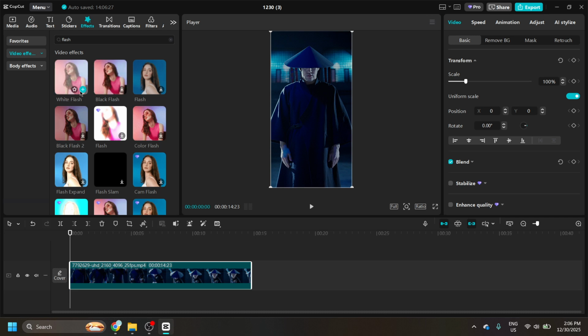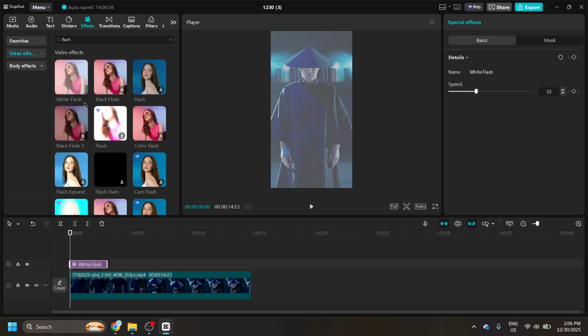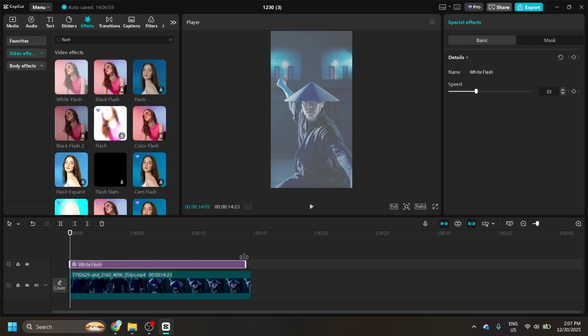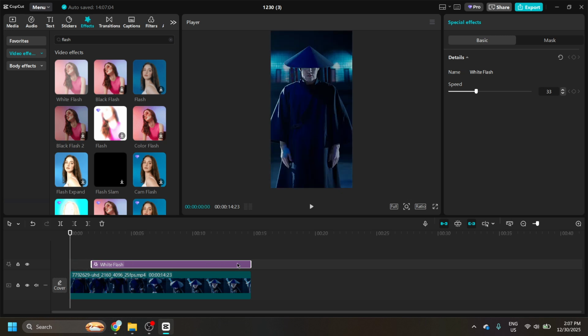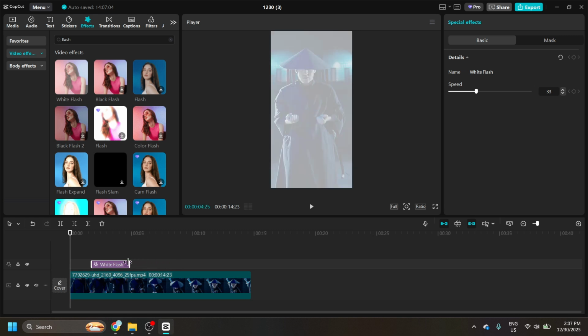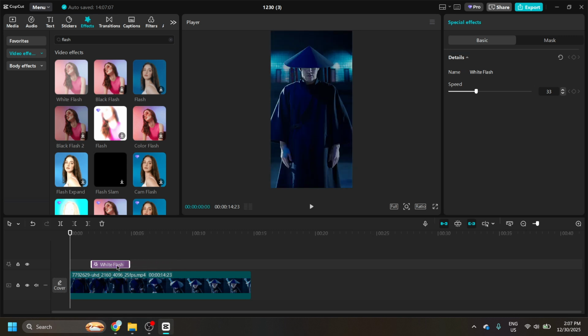Once it's on the timeline, position it right where the impact happens. Keep the duration short, often just a few frames to a quarter of a second, so it feels like a snap rather than a fade. If the effect lets you adjust intensity or brightness, dial it in so it's strong enough to be noticeable but not blinding. If there's a blend or opacity setting, a quick ramp up and down can make the flash feel